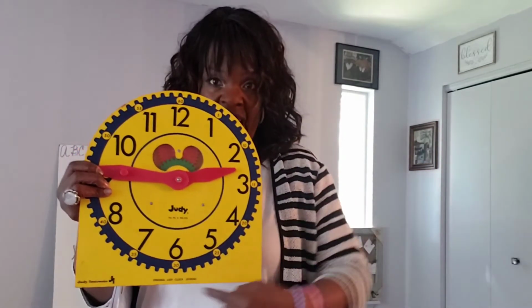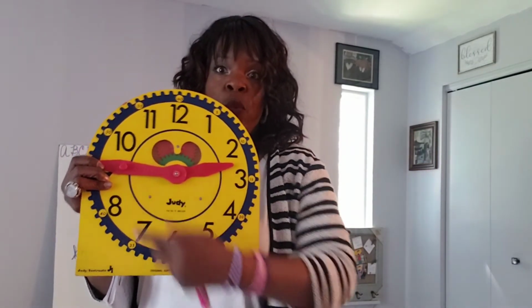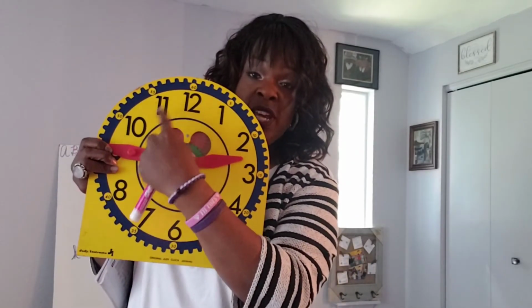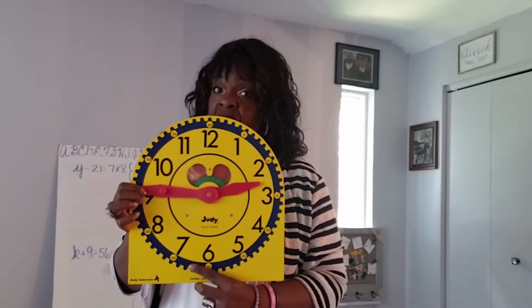Everything is going towards the 12. So this is quarter after 12. This is half past, because it's all past the 12. Once I start going past the 6 and going up, it's going towards. So quarter to, okay? Or even if it works here, we would say, oh, it's 25 minutes to 3, okay? So this is quarter to 3, okay? So if it's quarter to 3, that means it's what time? It's not 3 yet, it's